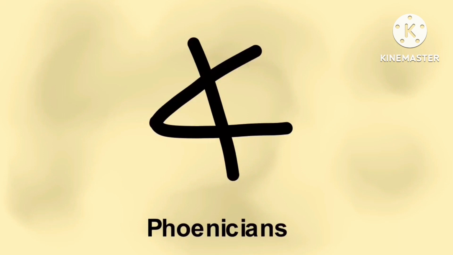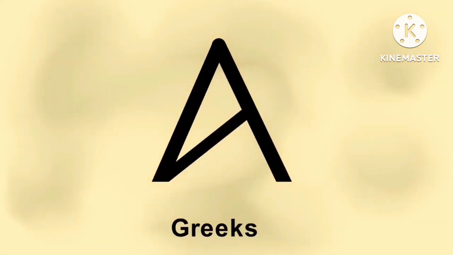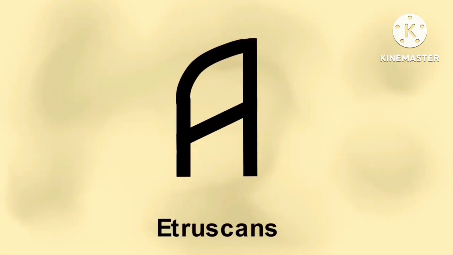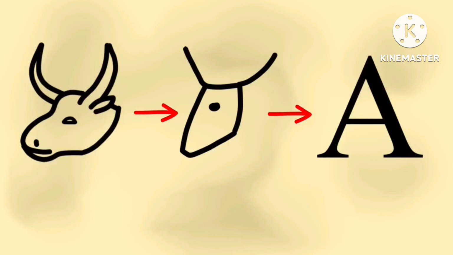The Phoenicians were great navigators of the sea, that's why they reached distant lands like Greece. The Greeks made their own version of the letter. The Greeks also went to the Italian peninsula where the Etruscans lived. And the last step occurred when Romans started using the Etruscan script, and this is the final form of the letter A. It's kinda unexpected to see that the letter A is a picture of an ox,